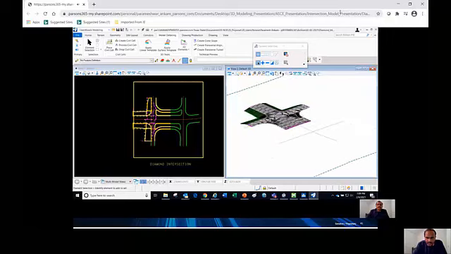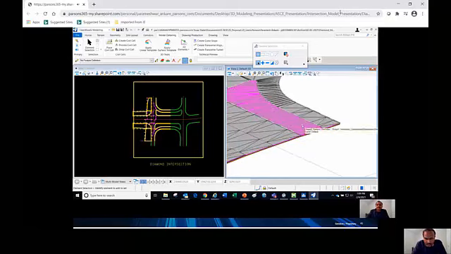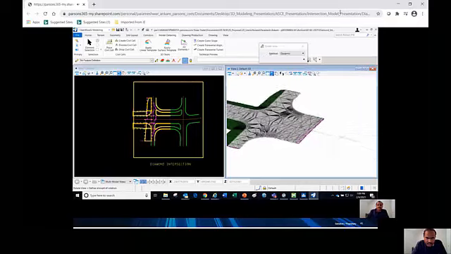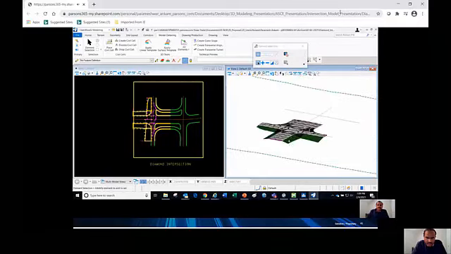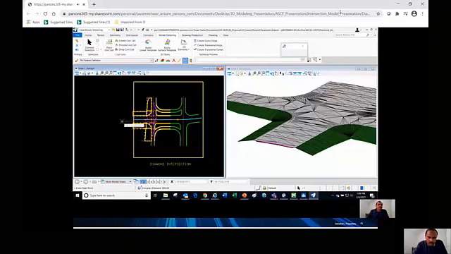As you can see in this 3D, it generated a detailed model of the U-turn and raised median islands, and everything ties in perfectly. The cell is programmed to behave in a certain way so that it will work with all other designs. You can change the width of the roadway, you can change the radii information, and it can generate the side slope grading as well. You can change any information after the cell is placed, and you can change the alignment as well, and it gets updated automatically. It is so powerful and interactive.